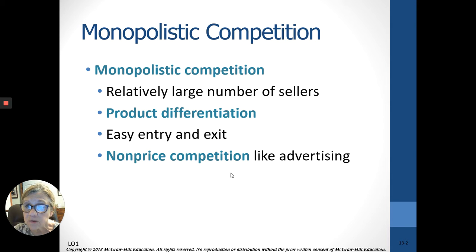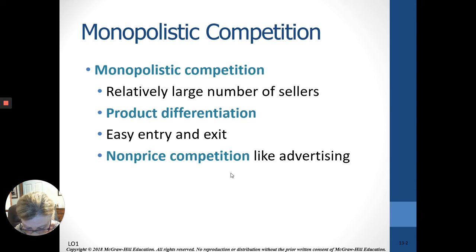Monopolistic competitors will spend a lot to protect their logo, protect their trademark. Anytime you see that little TM after a product name, it's trademarked. You may see the R with a circle around it. That just means that it has been registered. So that's what those things mean, and they need to protect those so no one else copies that and everybody recognizes it, the golden arches or whatever it is.